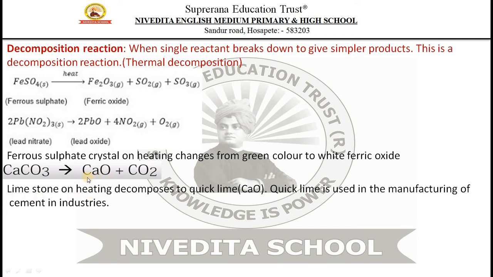So this calcium oxide or quicklime is a very important raw material in the manufacturing of cement and cement industries. So that's why many cement industries are established near limestone deposits. For example, if you remember, there is a place called Wadi in Andhra Pradesh, right? It is a very big industrial hub for manufacturing of cement. All big cement factories are set up there, because in Andhra Pradesh we have good deposit of limestone, right?